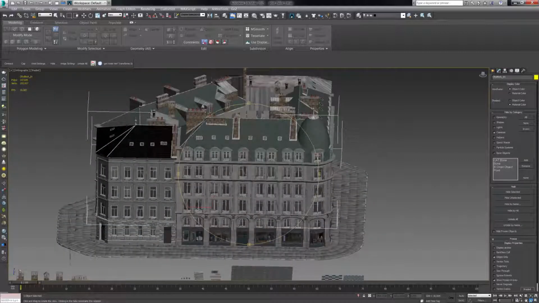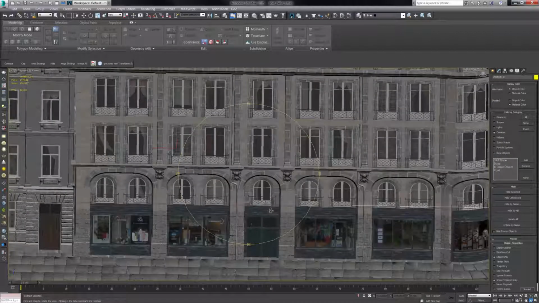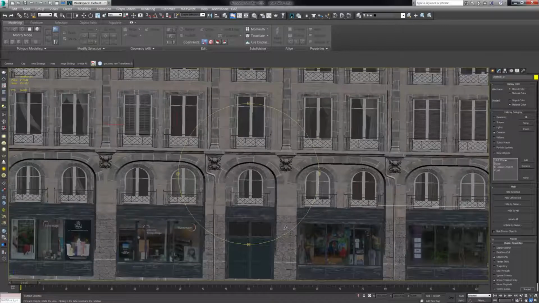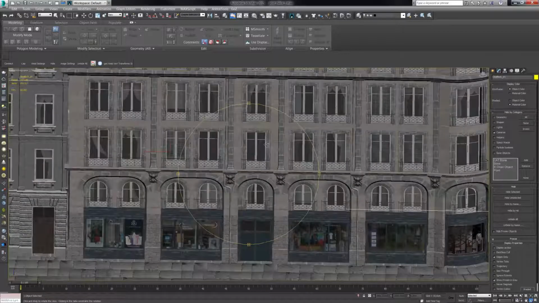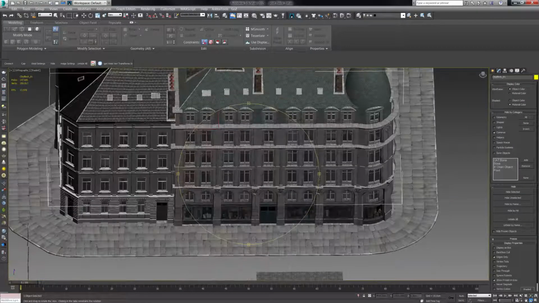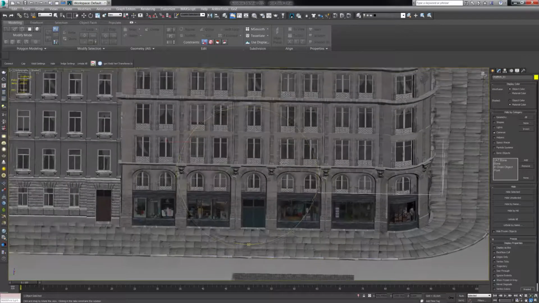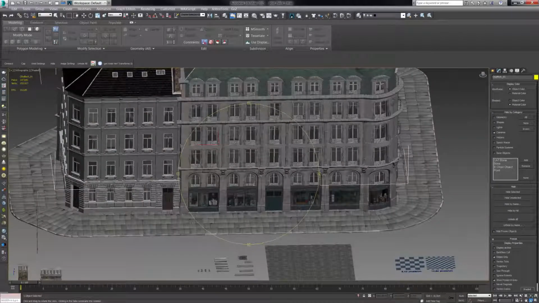I divided the whole building into basically 2 parts. The bottom part, that's where you need more resolution because you're closer to it, and the upper part and the roof needs less resolution because you won't see it from up close anyways. So then we jump to the next program,